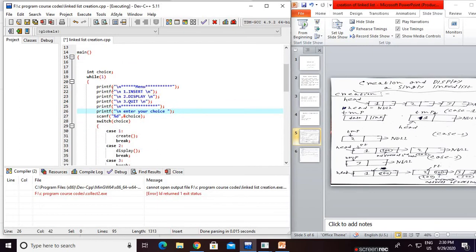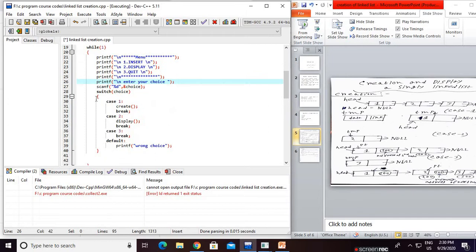Print the menu: one is for insert, two is for display, three is for quit. I will explain this when I run our code. Then print enter your choice. The user enters a choice like 1, 2, 3, and for storing it we use the scanf function for taking input, scanf %d ampersand choice.